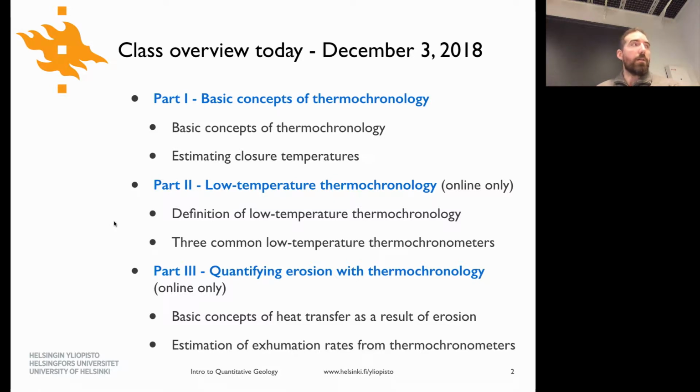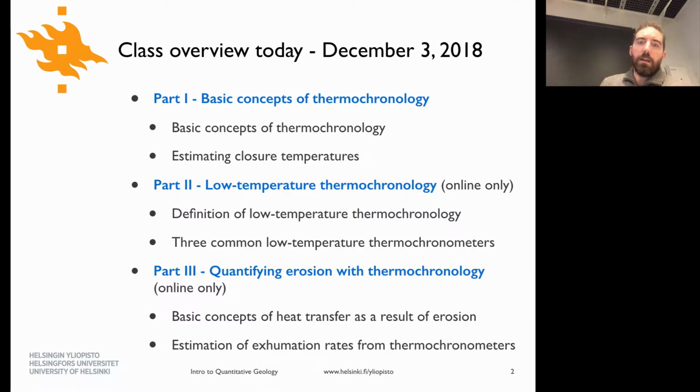But before we do that, are there any questions about exercise number 5 or anything that came up in that exercise? I guess it was a bit more straightforward than the week before. Okay. So if there aren't any issues about that, then what we'll do is move on to